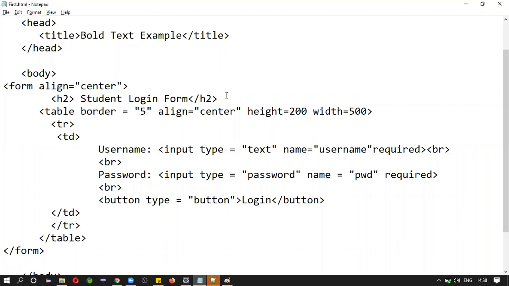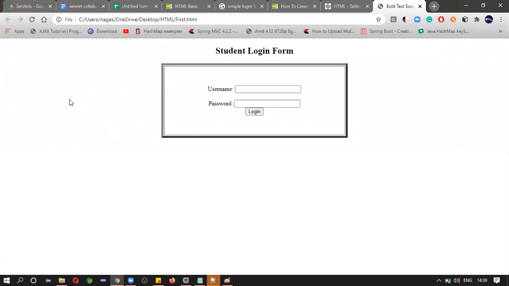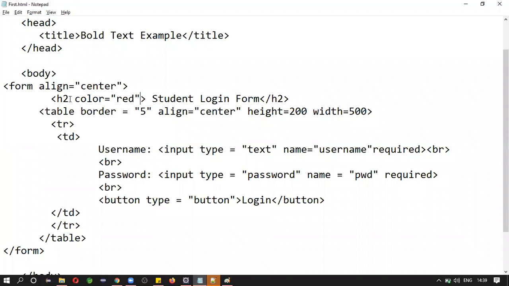You can also mention the color. Here you can mention colors in different formats, by using a color code or by mentioning the name of the color. I think it is not reflected, right?